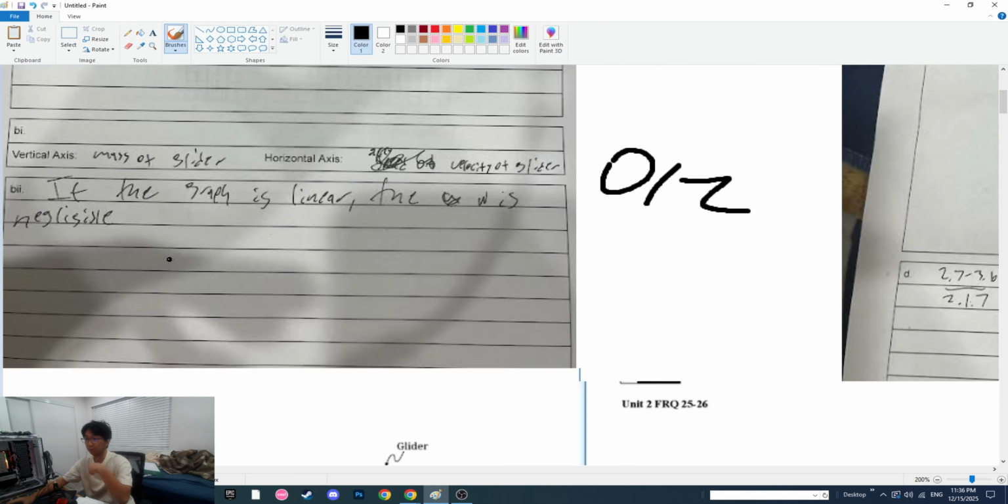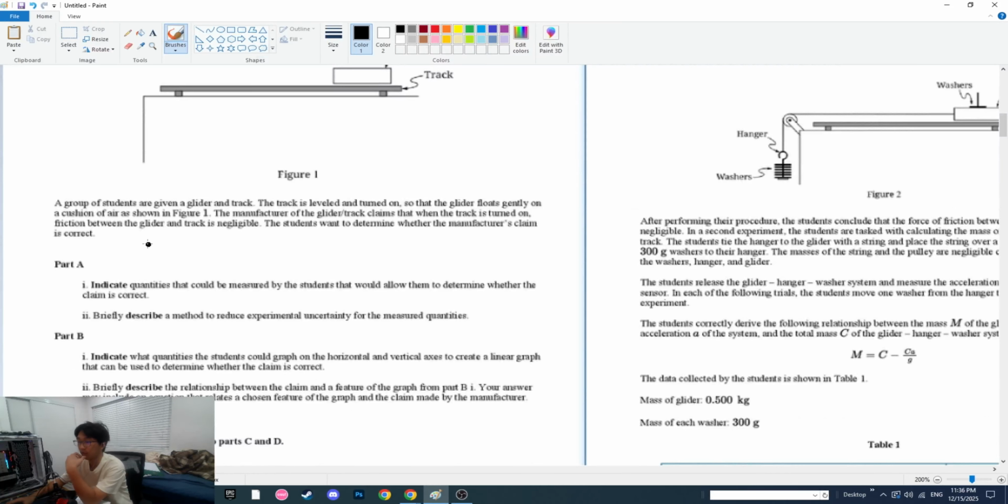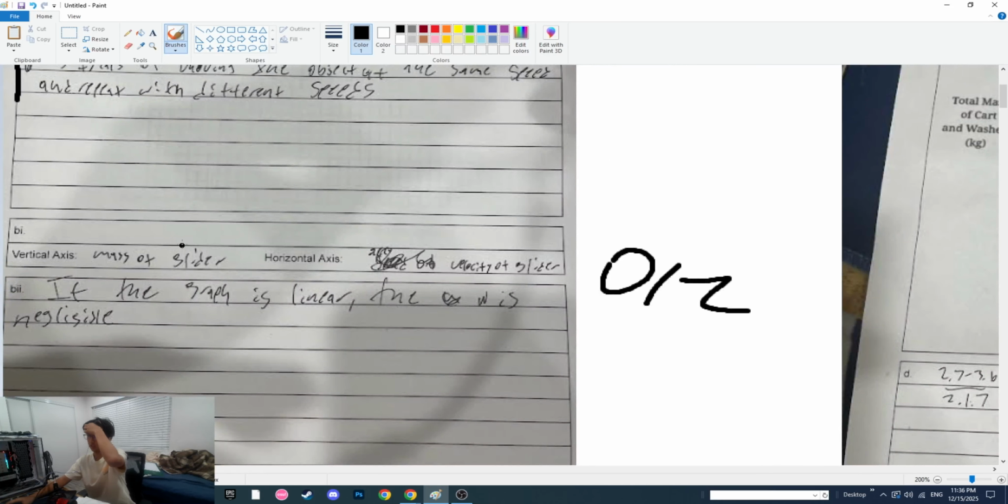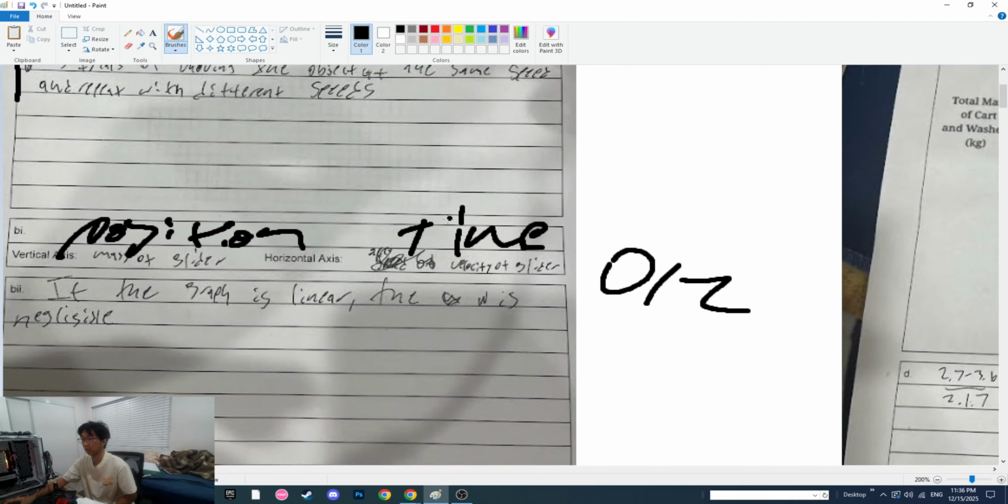And for part B, we were asked to indicate what quantities could be graphed to create a linear graph. And during the test, I didn't know what to do, so I just said mass of glider for the y, and then velocity for the x. And this doesn't really create a graph that's linear. So instead, what I could have done was for the vertical axis, we could graph the position. For the horizontal, we could graph the time, and this could have resulted in a